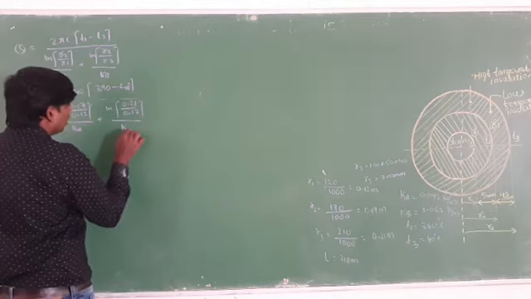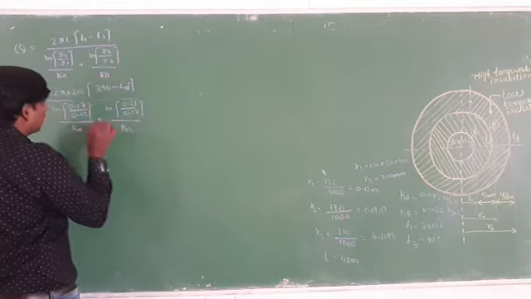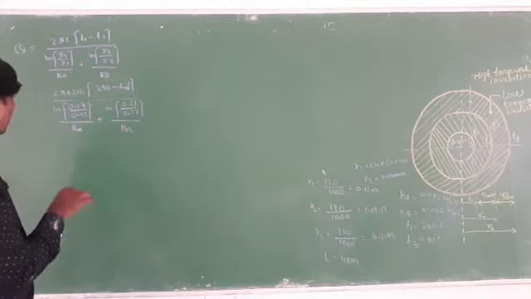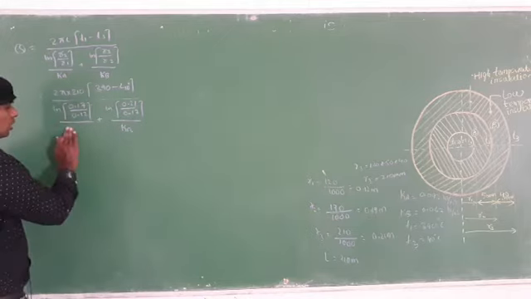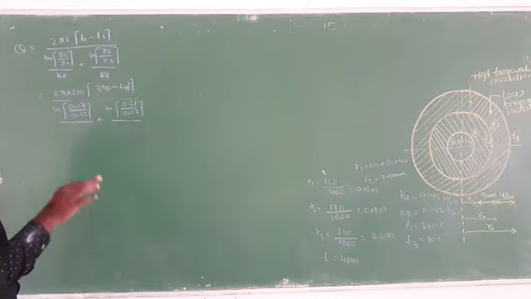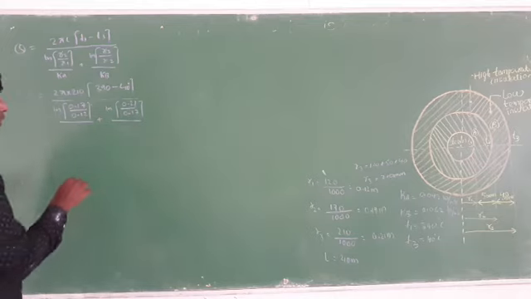Here you can write down the value of Kb. Next step I will write down the value of Kb. Let it be like that. I know the value of Ka and Kb. First try to solve this one, otherwise you can write down the direct also. Ka value, how much did I get? 0.092. It is given in the question.